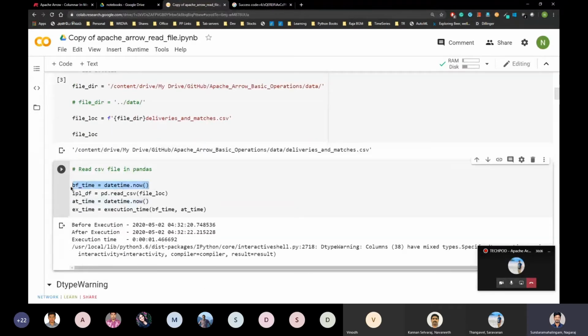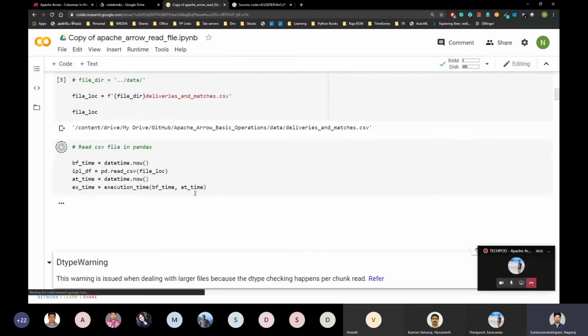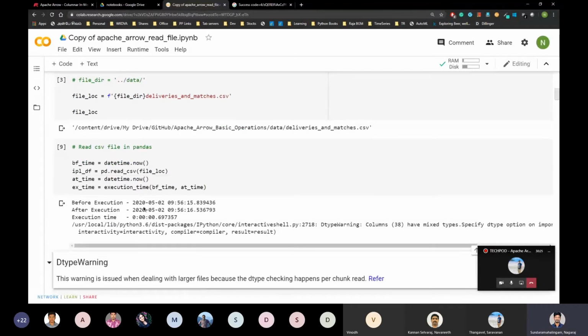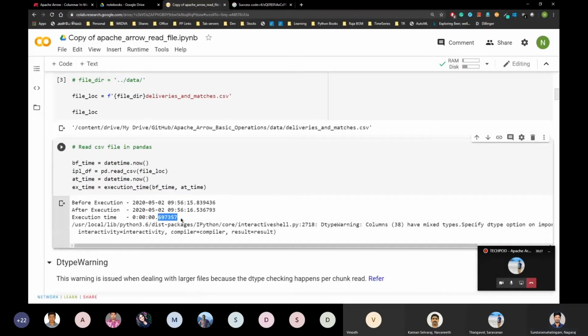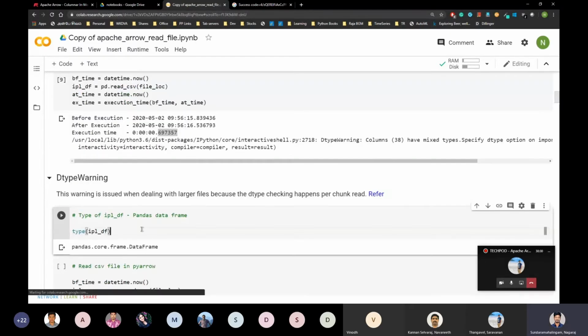Before reading the file, I'm storing the time in a before variable. This is reading the CSV file with the pandas method, where pd is the pandas alias, and then the after time and measurement. It takes 697 milliseconds.